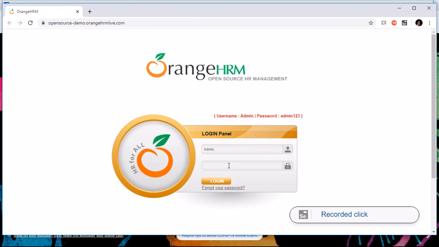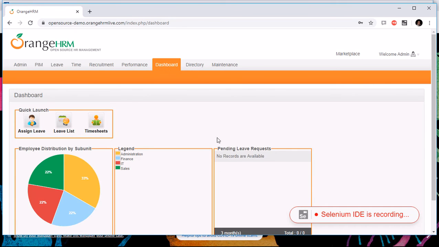and next one is admin123. Once I click this login, it goes to the next navigation page. Further, based on your requirement, if you want to do any manipulations, you can do. Otherwise, if you want to log out from the screen, just go for the logout option and say logout,